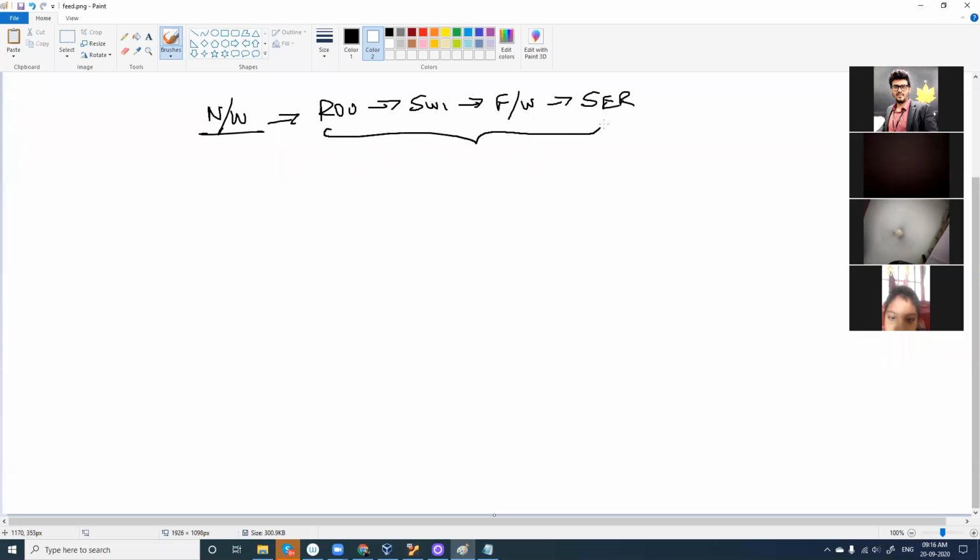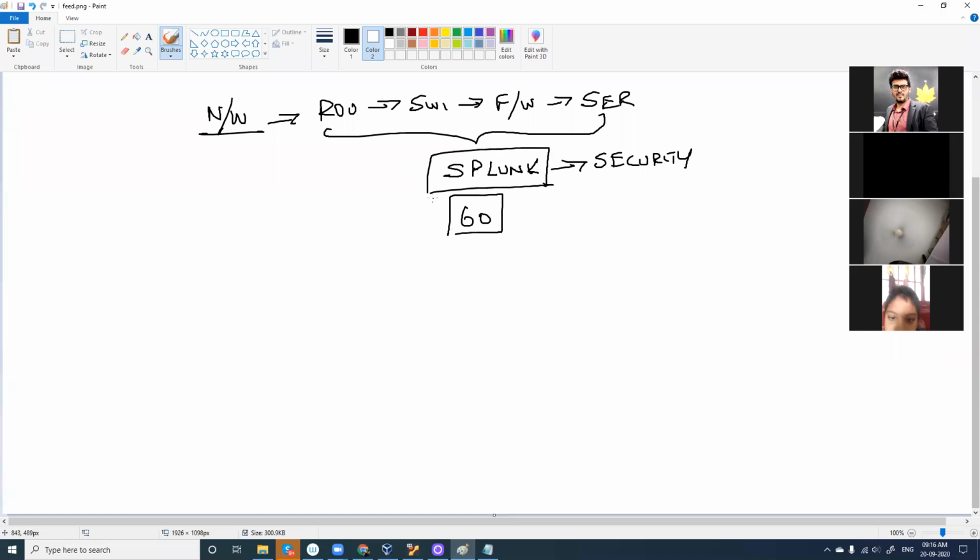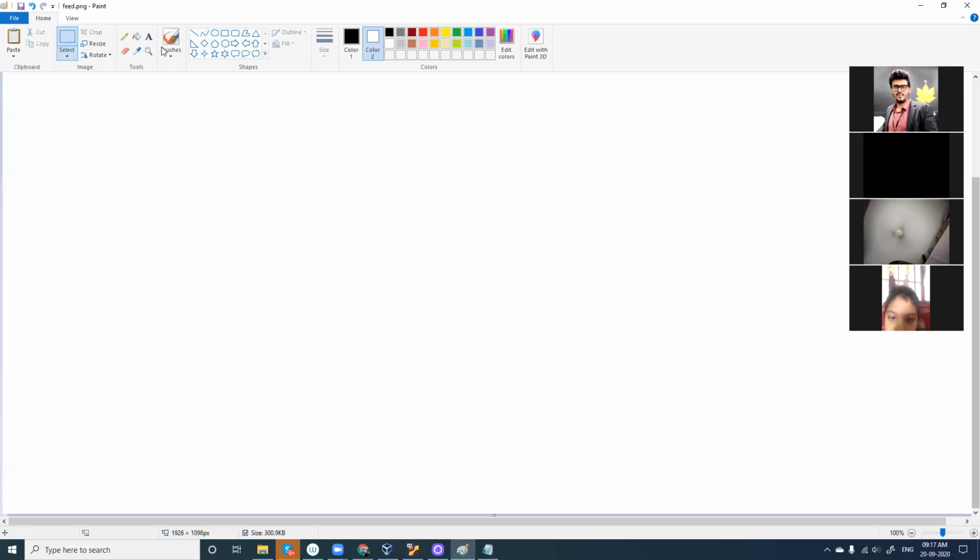And when you want to manage the network infrastructure, when you want to manage all the devices in your network infrastructure, a tool like Splunk will be used in security. And the software which we have uploaded in Drive, you will have, I think, a 60 days or 90 days free trial. And this tool doesn't work based on days. It works based on the amount of data which it is going to receive. I'll explain this in detail. Please listen to this carefully.